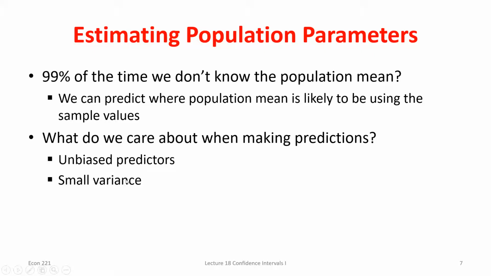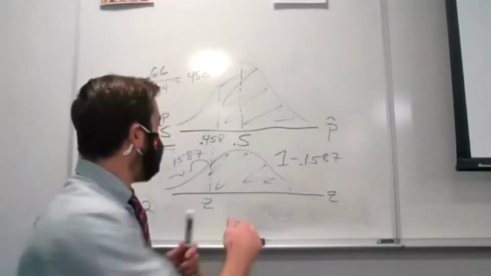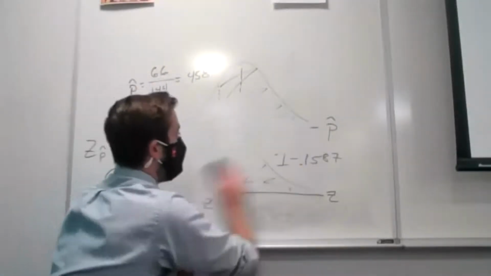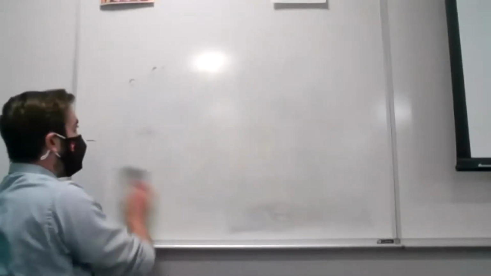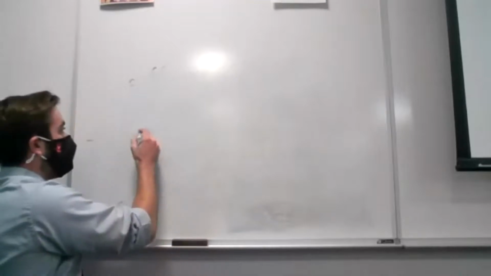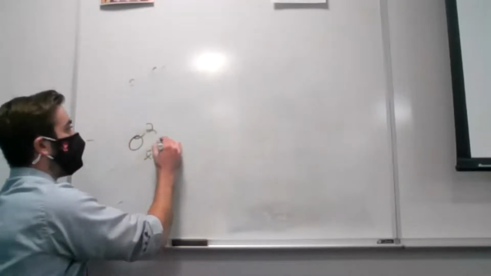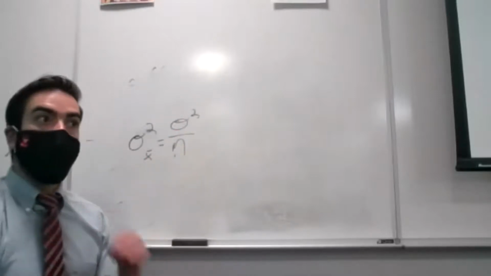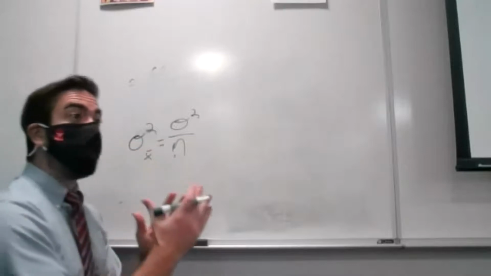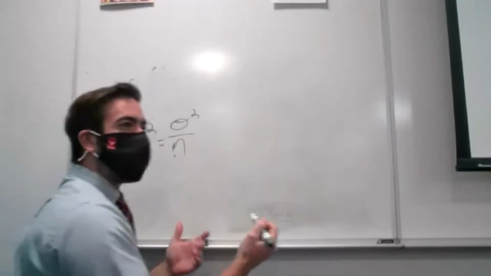We also want to make sure that the sample mean has a really, really small variance if we can, right? And I kind of showed you this a little bit last week, but the idea there is, if I take higher sample sizes, what happens to the variance? Well, remember, the variance of our sample means is just the variance of the data we're sampling from divided by the sample size. So if we take high samples, we get a really, really low variance. Well, why is a low variance good?